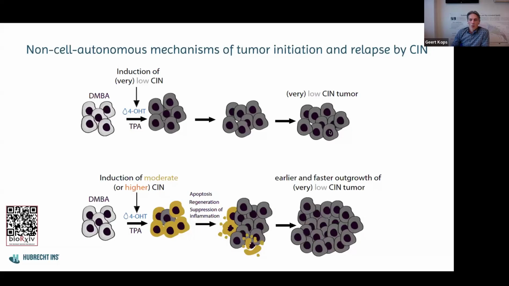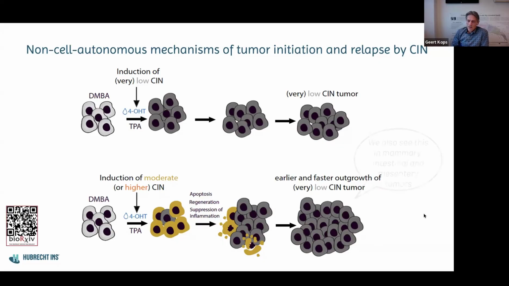But this is a relatively slow process, and that they are actually benefited by very high chromosome instability cells surrounding them, in some way inducing their outgrowth. So there's more apoptosis that we saw in the skin. I didn't show you this. There's a regenerative response, suppression of inflammation, and this together creates this outgrowth of the lower SYN cells in the